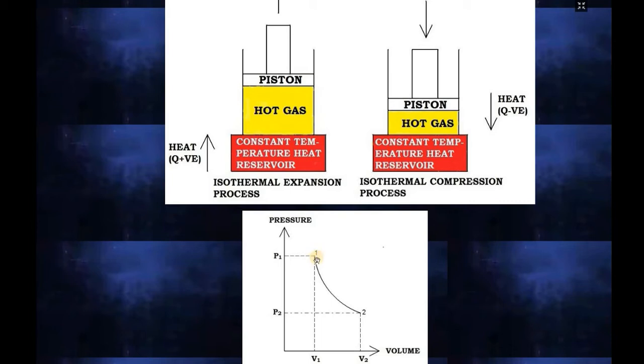Point 1 is nothing but the pressure and volume values at state 1, and 2 is nothing but the pressure and volume values at state 2. Scientists have joined state 1 and state 2 by an equilateral hyperbola. So friends, please remember the shape of the PV diagram of a constant temperature process is an equilateral hyperbola. Now I am going to give the definitions of some important terms in this constant temperature process.